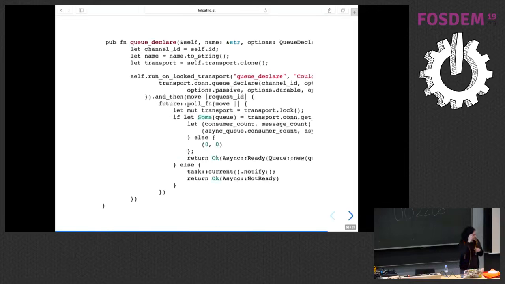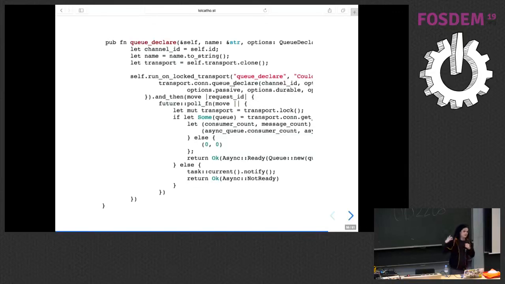And this is what I did with Lapin, because I made this implementation that's asynchronous, that's very deterministic, and then there's a futures wrapper that's very nice to use because you don't see all of the low-level details. So this is code from Lapin that's a bit hard to follow maybe, but the idea is, okay, I want to create a queue, so I will call the state machine and say queue declare.